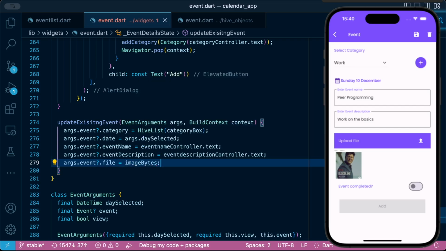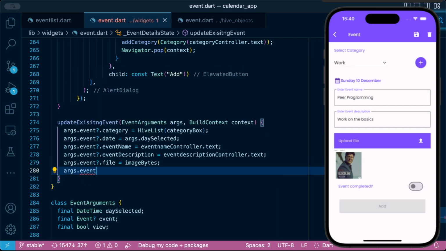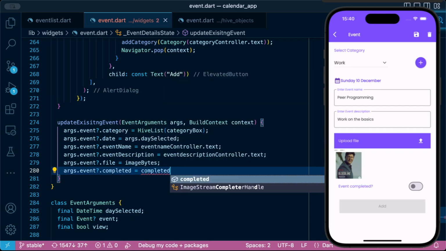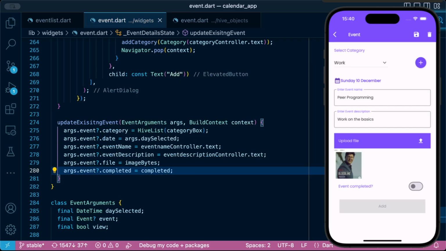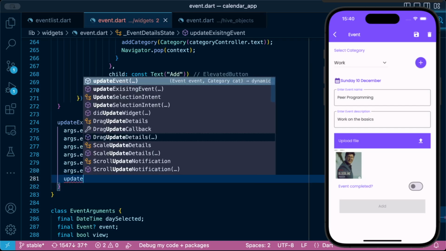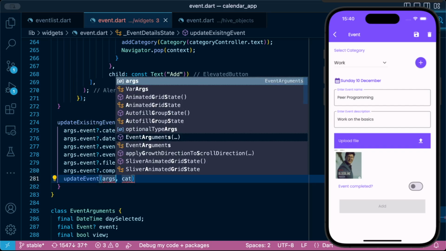The user can also update a file, and even set if the events are completed or not. Now that we have defined that, let's call the update event from our mixin class, and then we'll pass the